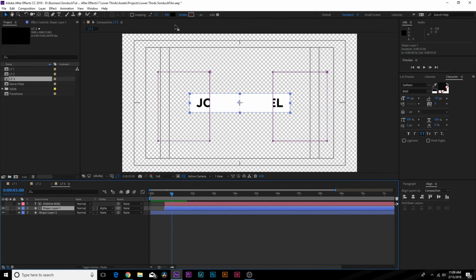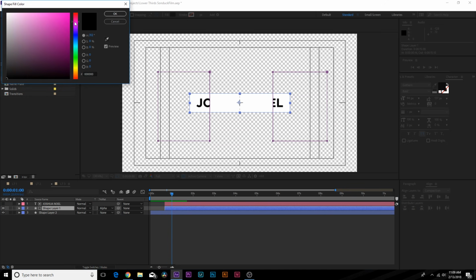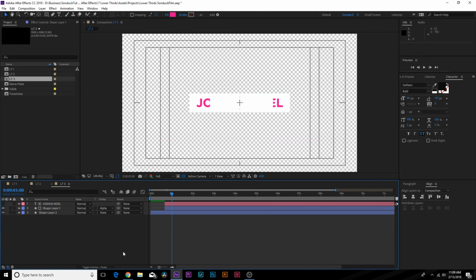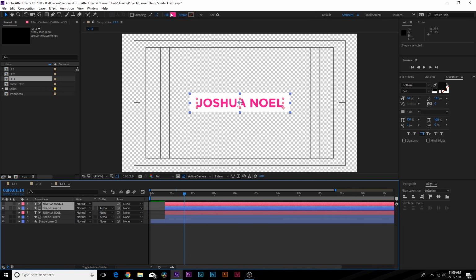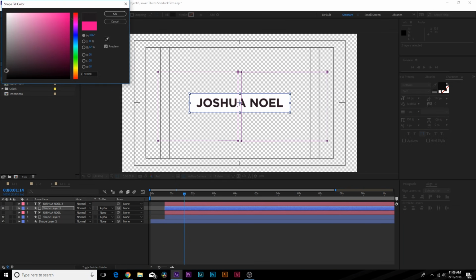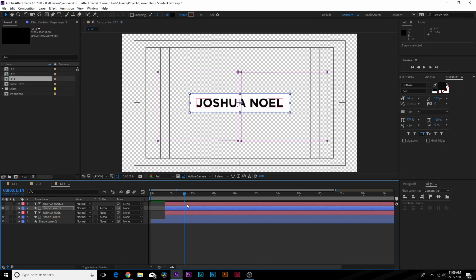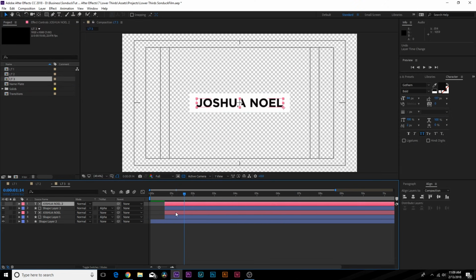And actually what we'll do, instead of doing black off the start, we'll set this to like a primary color. So maybe we'll do a magenta. So this will be pink like this. And then what we can do is duplicate these two layers again, and then we can set the fill to black or dark gray, doesn't really matter, and offset them once again. So now you get pink, and then it goes right to